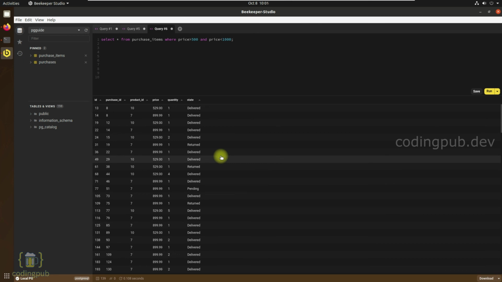If you want to format the query you have typed, that is also possible. Just right click on the query you have typed and select the format query option. As we can see, our query has been formatted properly, and the syntax highlighting for the query is also available in this application. That is also another benefit of using this.